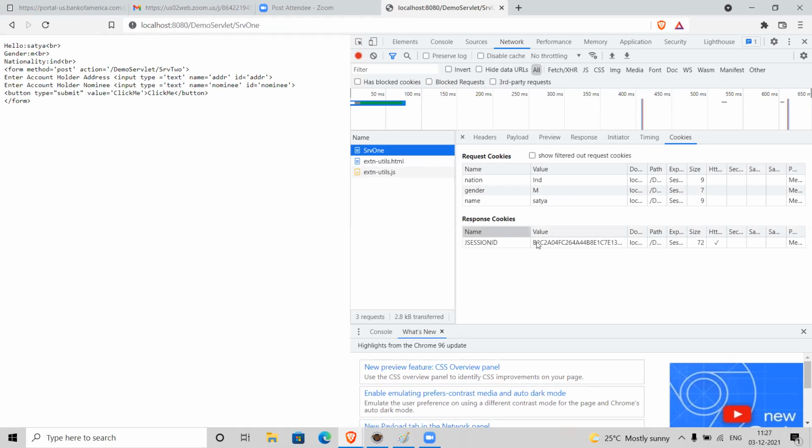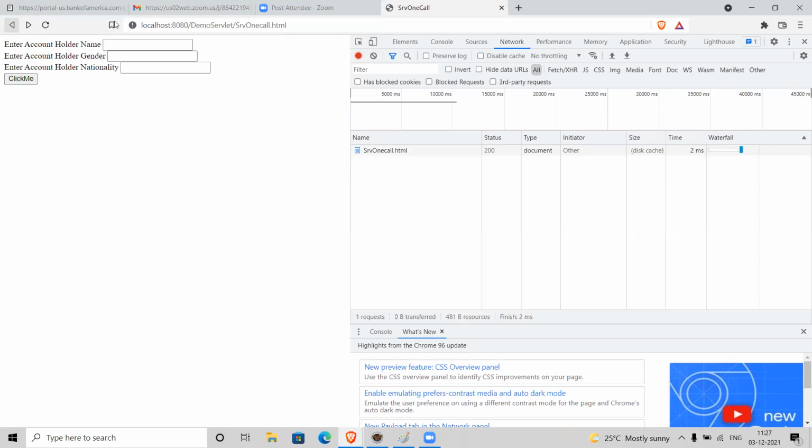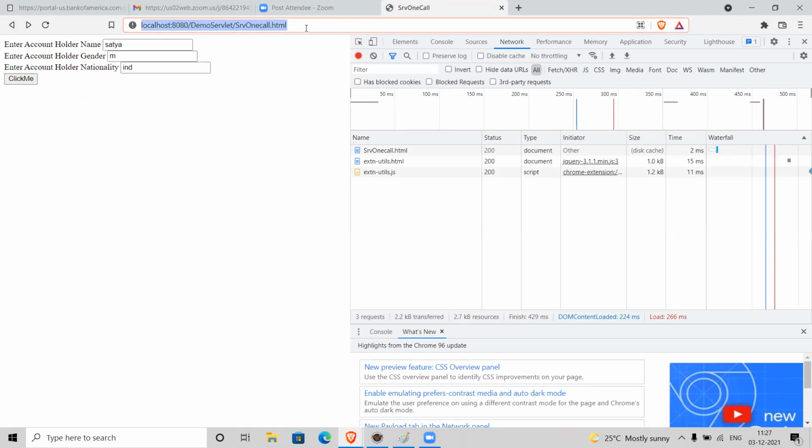In the previous example, we created some cookies, but we did not delete that information. Let me explain this example using some other browser. This time I'm going to use Microsoft Edge.